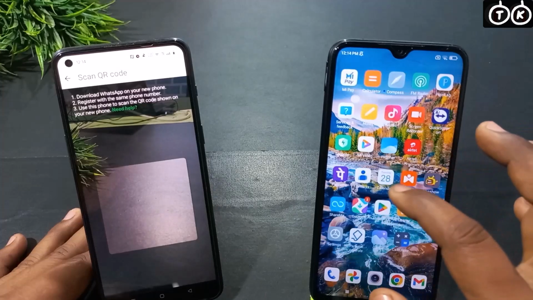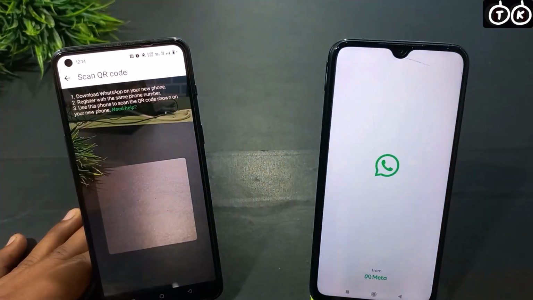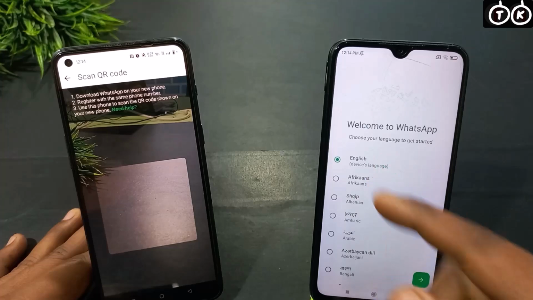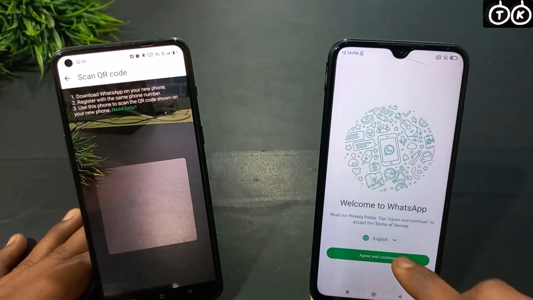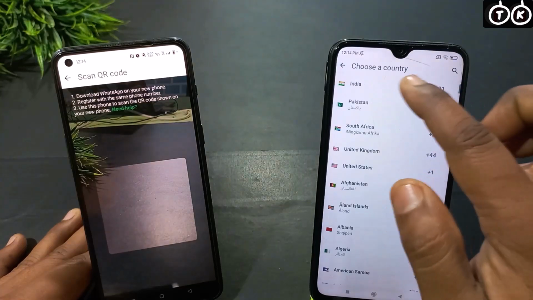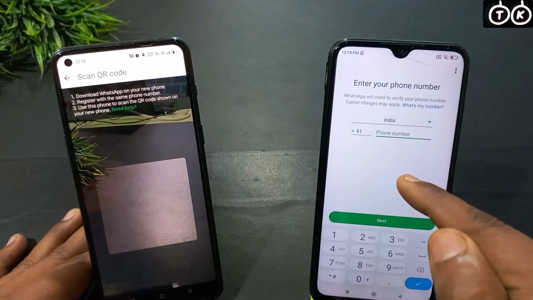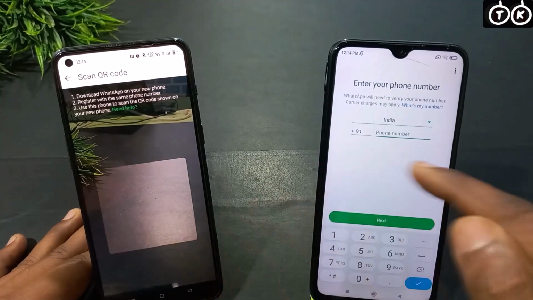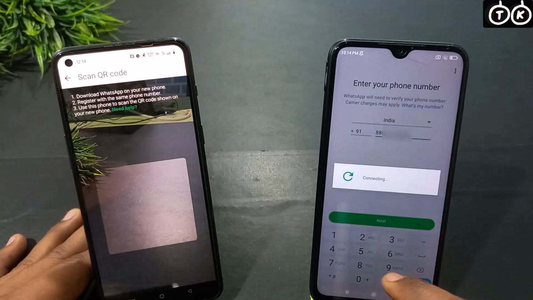Now come to new phone and first of all you have to install WhatsApp in your new phone and then open your WhatsApp and select your language, then click on this arrow key, then click on agree and continue and this interface will open. Here you have to select your country, India, and in this box you have to type your old WhatsApp number. So let me type my old WhatsApp number in this box. And once you have typed your old WhatsApp number in this box, now you have to click on next